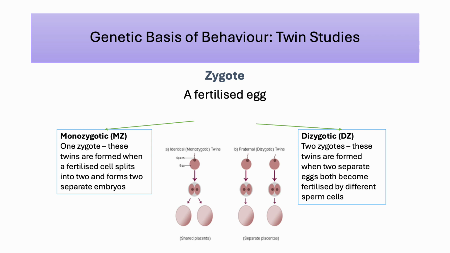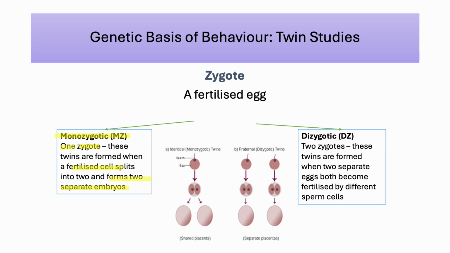So here's just an image to demonstrate the two types of twins. So you've got monozygotic, and that breaks down into the words one, mono, and zygotic, zygote, one egg essentially. So the twins are formed when a fertilized cell splits into two. So they form two separate embryos, but they're from the one, which is why they share 100% of their genetic